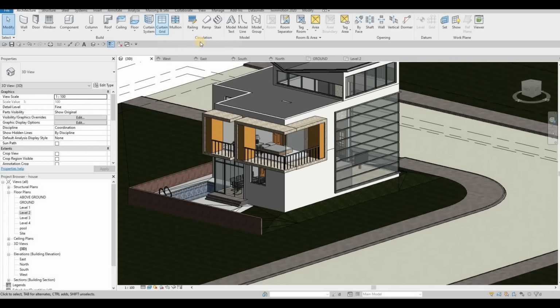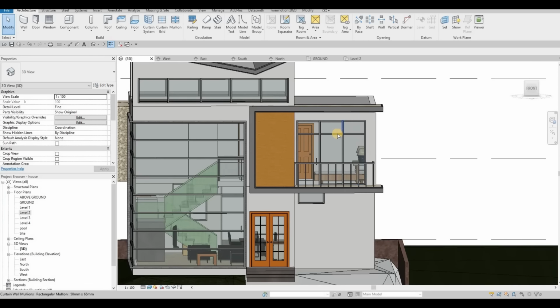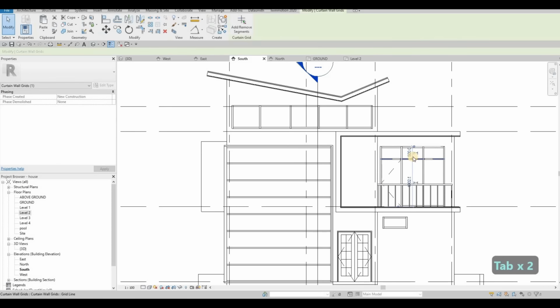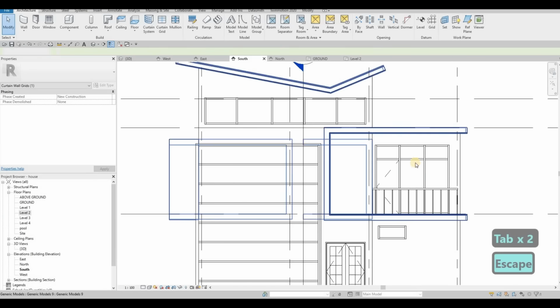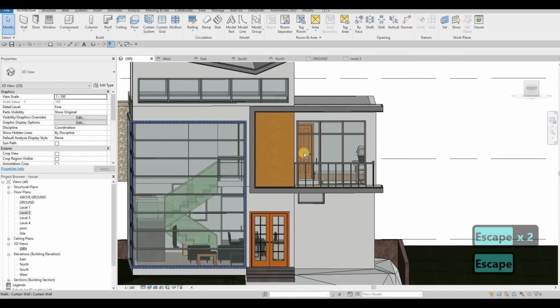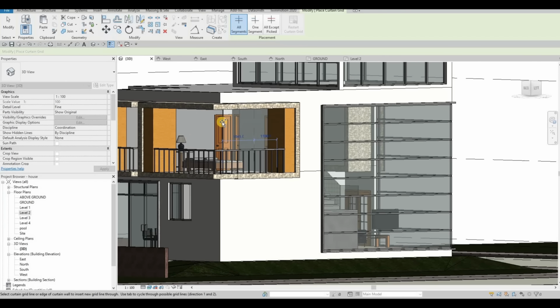We could add in the curtain grid. So we have under our south elevation 500, and then we make it equal on the other side. So curtain grid 500,